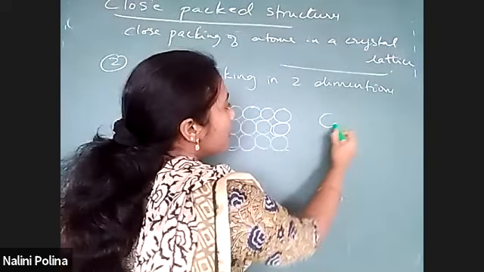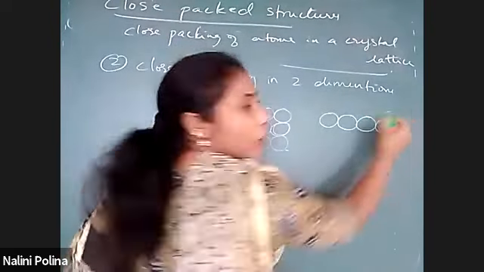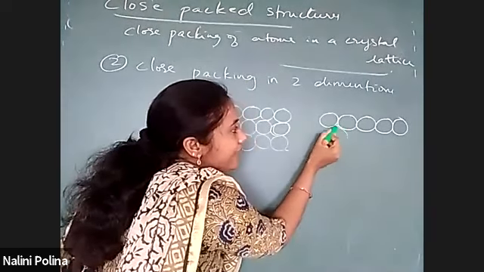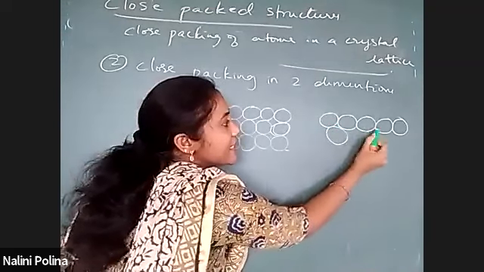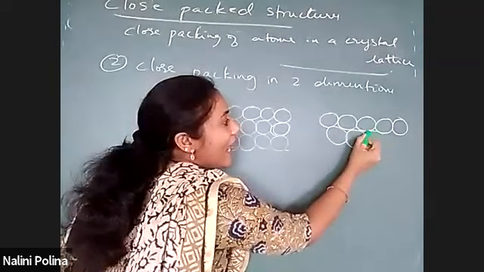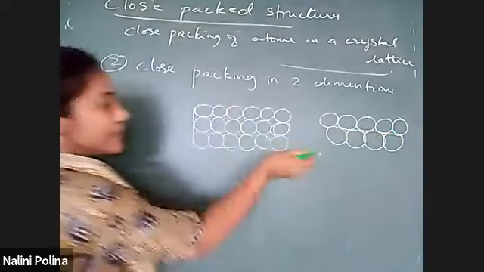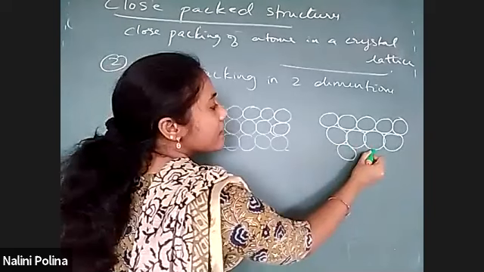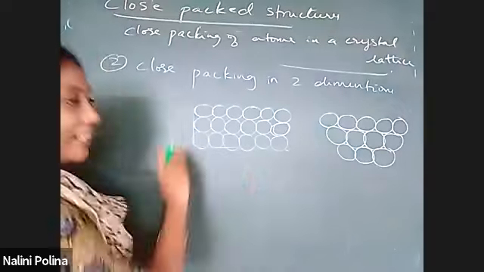The other possible arrangement: this is the one dimensional arrangement, we all know this. And you see how I am placing the second layer. It is between the gaps of the first two, right? In the grooves, I will call these things grooves. So in the middle of the grooves I am placing the atoms of the second row. You can see the difference, right? Between this and this, like this. There are 2 possible ways of packing in 2 dimensions.